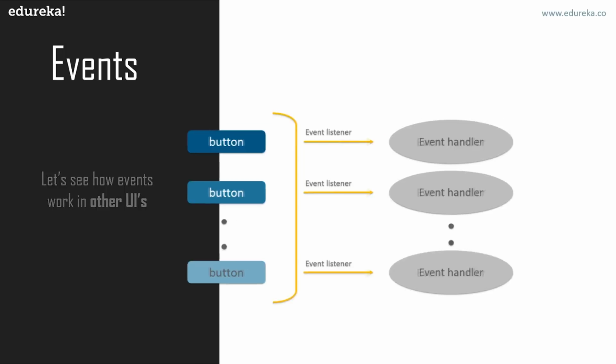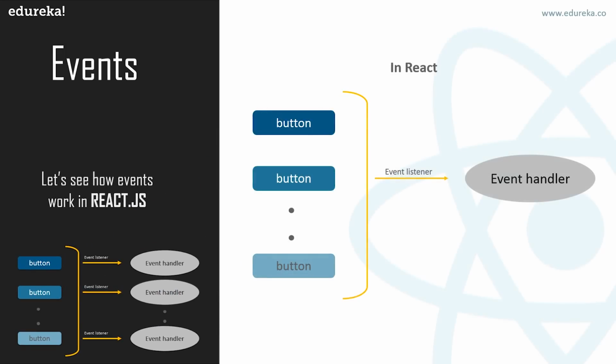Now let's talk about how React manages events. If you have different controls, then you will have only one event listener and one event handler attached to it, which ultimately increases the performance of the React.js application. Please remember that React events are named using camel casing rather than lowercase. So you have to handle events with camel case only. And with JSX, you can pass a function as the event handler rather than a string. We will see that in the demo.